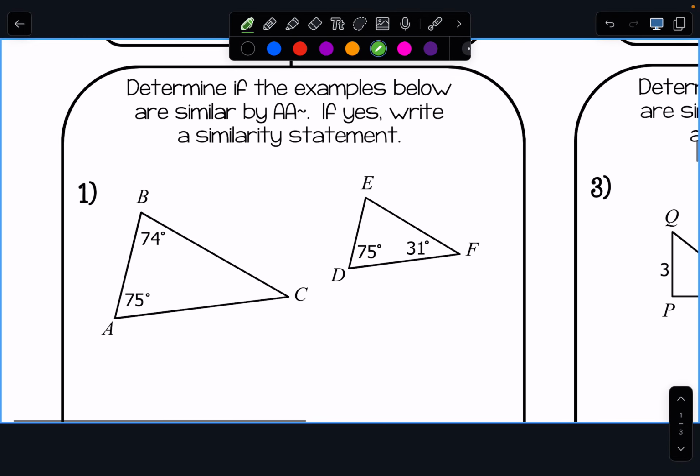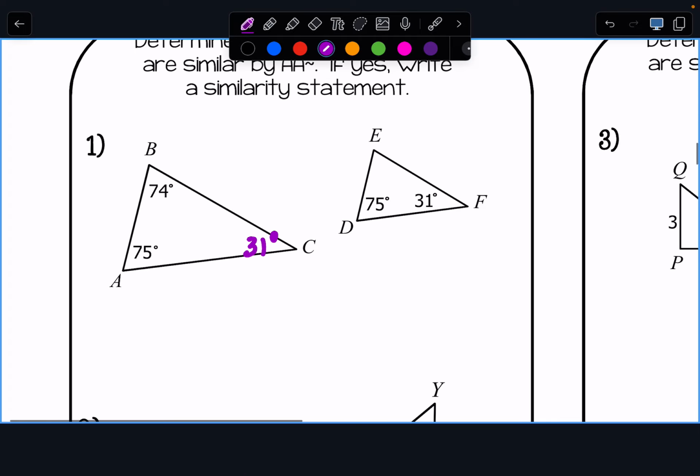Okay, so I want you to look at example 1 right here. Are these 2 triangles similar? Well, let me ask you this. If this is 74 and this is 75, what's left over for C? Let me ask this again. Are these 2 triangles similar? Yes. Okay, so we can say that triangle ABC is similar to triangle